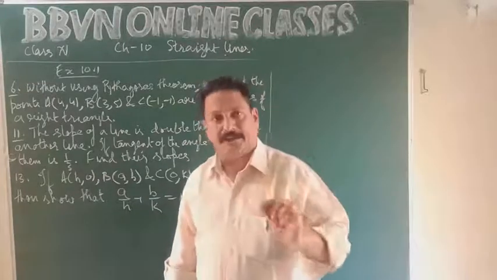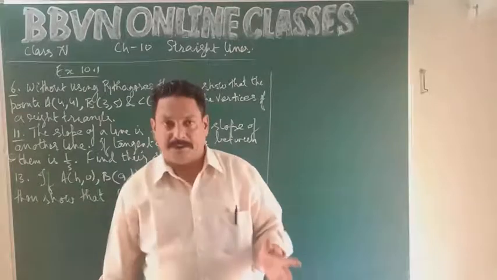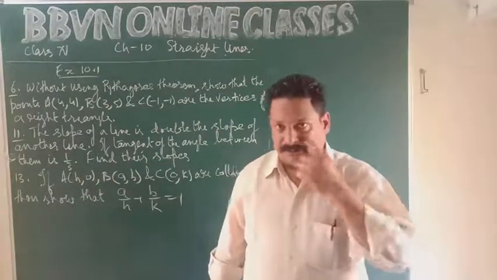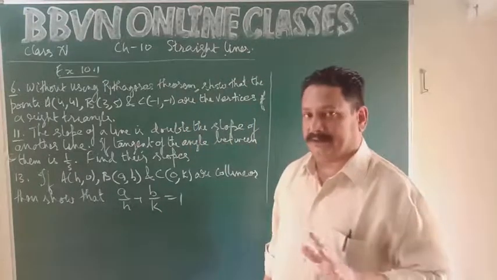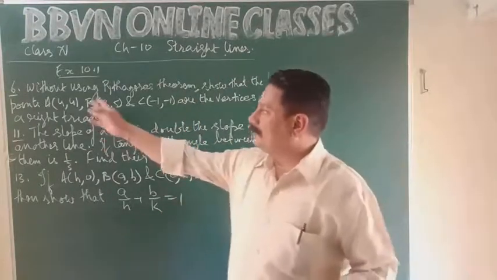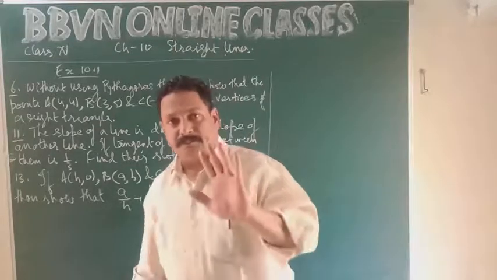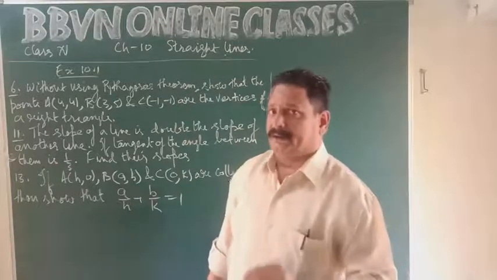So we are in chapter number 10, straight lines. Yesterday we discussed slope of a line, then angle between two lines and all those things. Today we will solve some questions of NCERT exercise 10.1. So here is question number 6. Please grab your NCERT textbook, pause the video, read out the question carefully, and then let's move